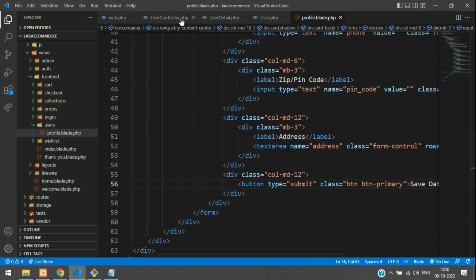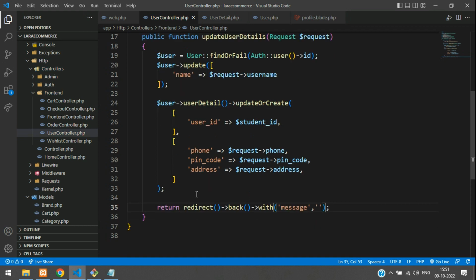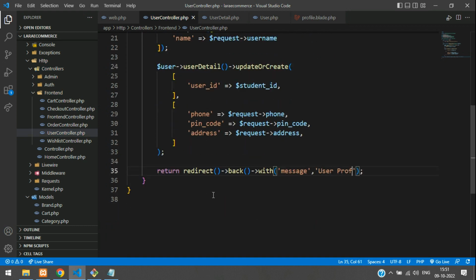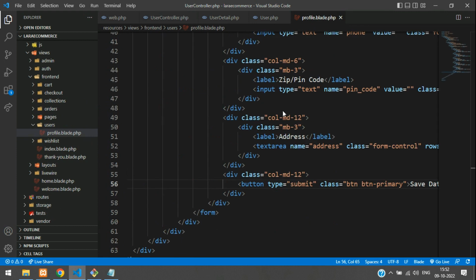As simple guys. Now you can get back to your user controller. So now you can just return, redirect back with the message. So let's give the message over here as user profile updated. Okay, and now guys, let's copy this message variable and go back to your profile blade.php and show the